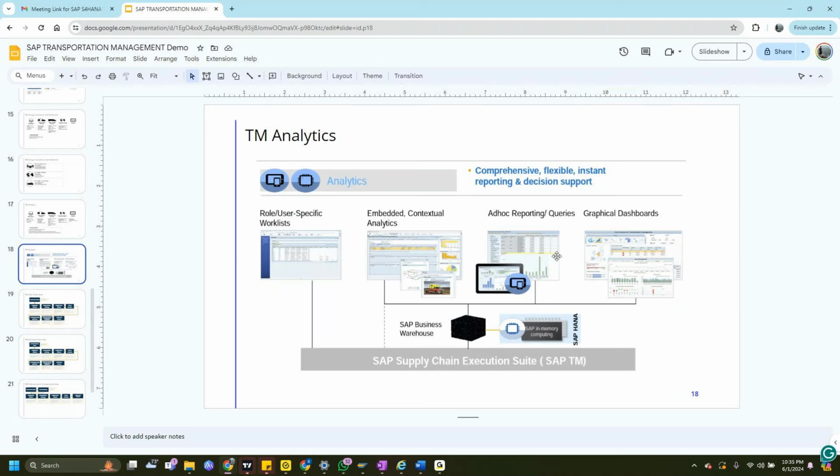So this is analytics reports. We'll come to this. There are a lot of inbuilt analytics reports in SAP TM by default, which can be leveraged according to the user role. The user role concept is similar to the other modules as well, where you can restrict a few transactions to a group of users or a single user, right? There are a lot of KPI related